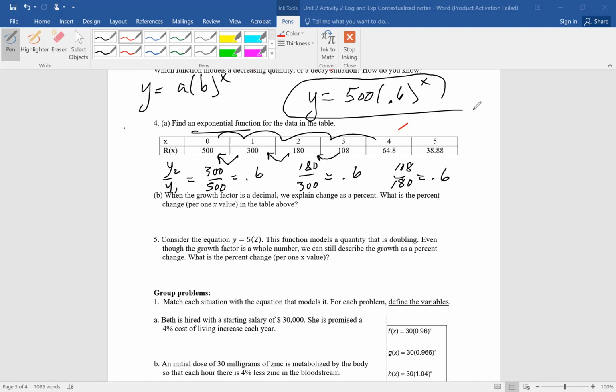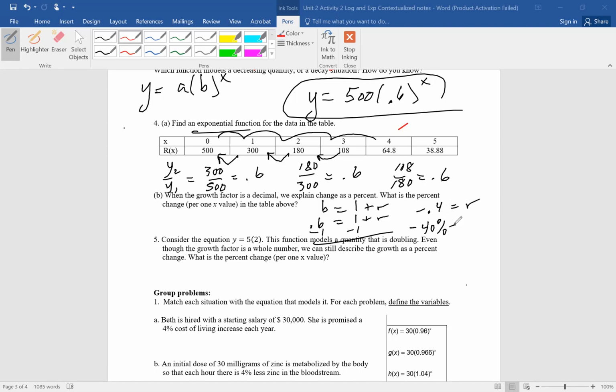When the growth factor is a decimal, we explain the change as a percent. What is the percent change in the table above? So what would you tell me, or the rate? That's what they're really asking you for. So notice it's 60% of the original amount, but I've been showing you this the whole time, b equals 1 plus r. And in this case, if you knew that b was 0.6, remember 60% of 100, what's left over, if you can't see it in your head, just do the math, and I think over here you're going to get negative 0.4 equals the rate,